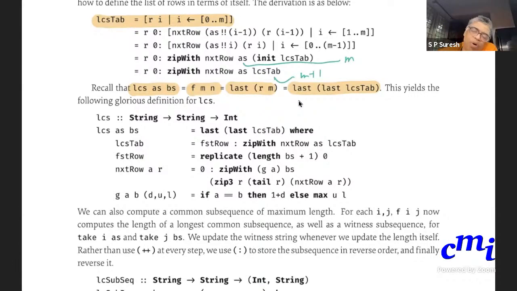Right. So for this, you have to go back, and I'm not explaining that. You have to draw these graphs, etc. At any point of time, your next row function will compute row after row, and each of those row functions you can analyze, just like you did with fib. Once you have determined the previous row, you can determine each element of the row, because each element of the row is given just by this, right? So you do a zip3 of R, tail R, next row AR, etc. So you are storing all the elements and you are referring back to them whenever you need.